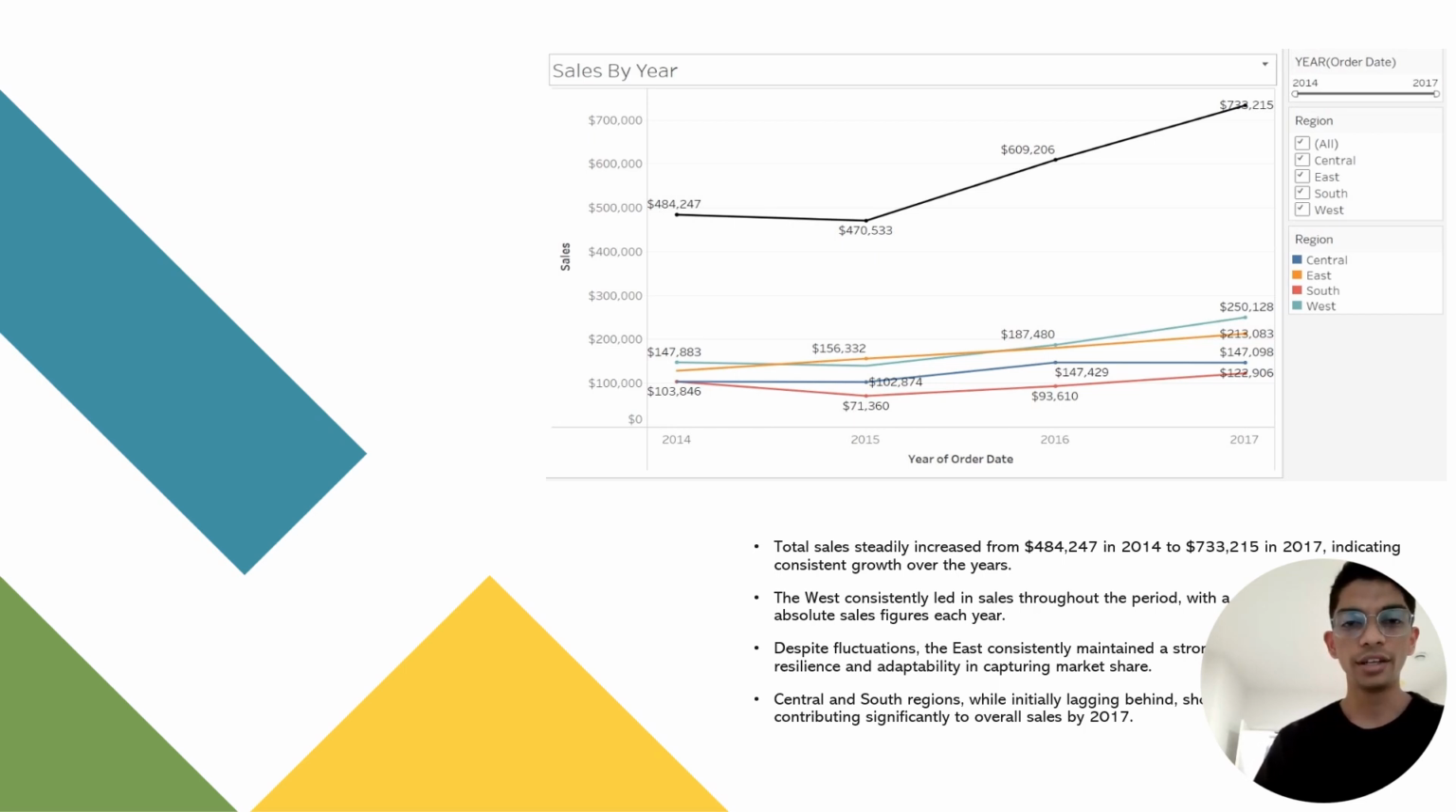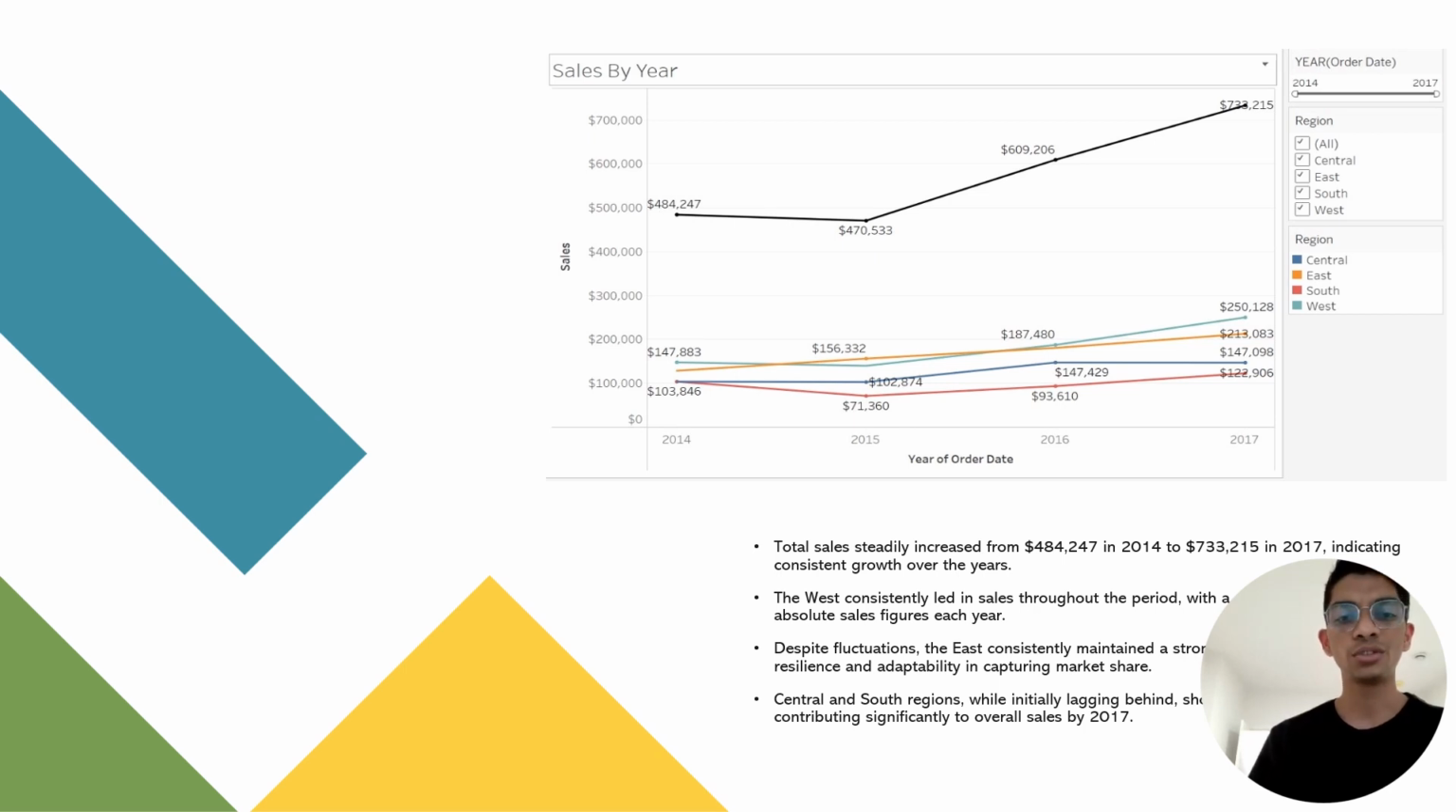So yeah, here is a sales analysis of data. Total sales have displayed an ongoing upward trend over the last 4 years, illustrating overall business growth and success. In 2014, the overall sales figure was $484,247, of which $103,846 came from each of the central and south regions. In 2015, East was the top selling region with around $156,332, closely followed by the West with